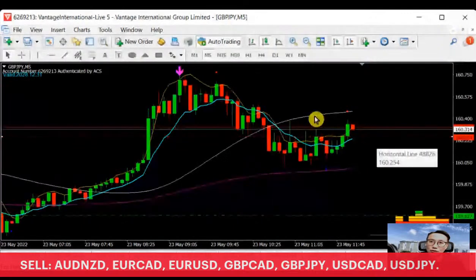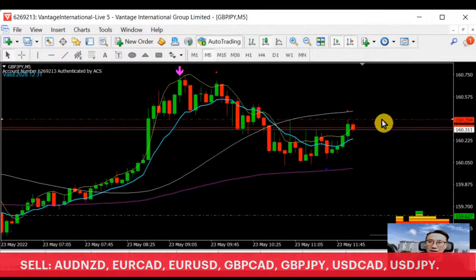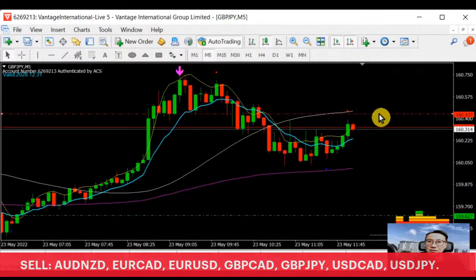Next thing we are going to look at is if this really goes up and up and up. Can you see this area of resistance? The previous support was tested, broke, and this is now the area of resistance. So do we still have a chance? Yes, scalpers love this.